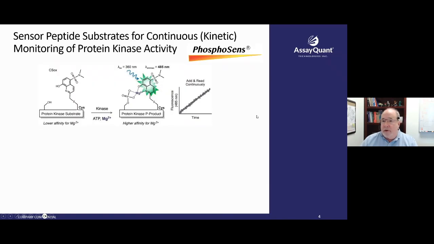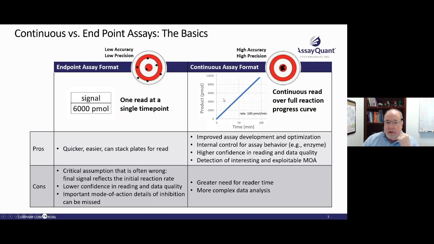So at PhosphoSense, at AssayQuant, we offer the PhosphoSense continuous assay format. This was developed initially out of the lab of Barbara Imperiali, where a chromophore, the sulfonamidoxine, is derivatized to a peptide substrate proximal to the hydroxyl that will ultimately be phosphorylated by your protein kinase. When this hydroxyl is phosphorylated, that will chelate a magnesium between the phosphate and the sulfonamidoxine SOX residue, and that chelation results in an increase in fluorescence. So we excite at 360, the emissions we read at 485, and this can be done continuously, just like that,